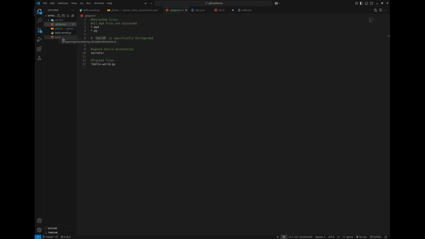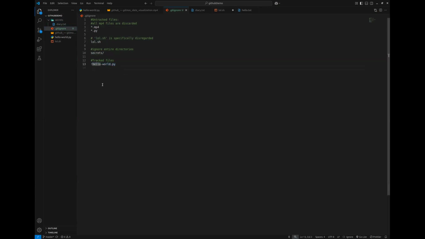And this is going to be this file directly right here. You could do the same thing with directories. So this secrets directory with my diary.txt in here, I don't want you guys to read my diary, so I'm not going to post this to GitHub. And this is going to be anything in this directory. This right here is going to be an exception rule.